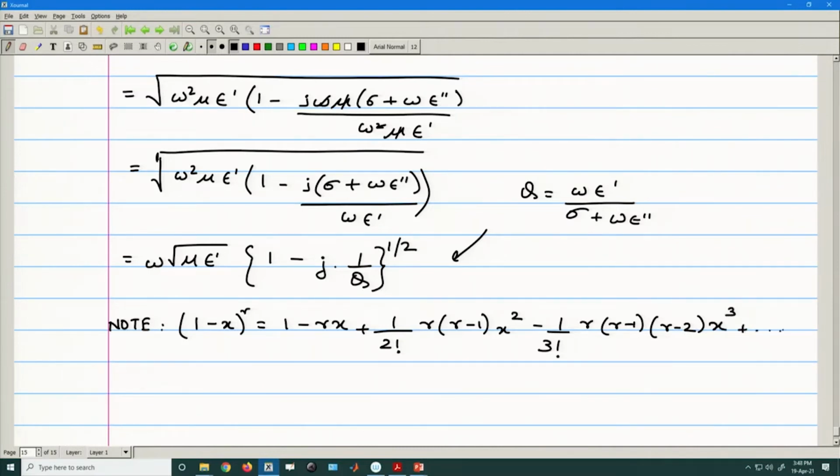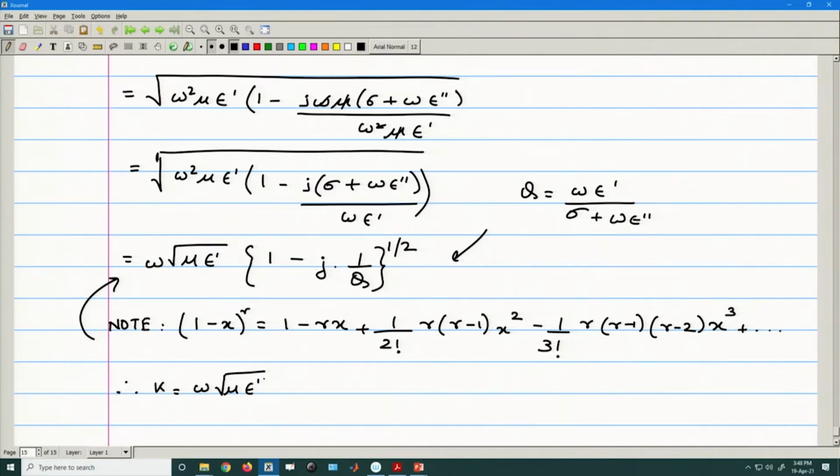Fine. Now, using this and then expanding, we will get k equals omega mu epsilon prime,